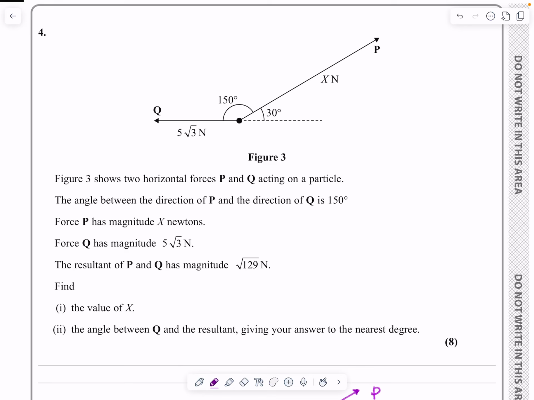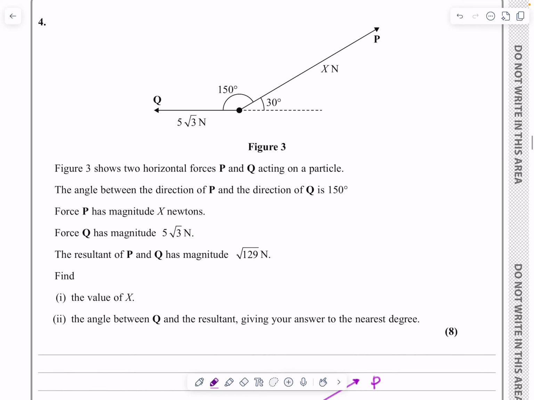Okay, this is the M1 paper from January 2024. This is question number 4, and this is a forces diagram question. I'm going to do this by using a vector method, triangle of forces. There are other methods that you can do, but I want to just practice showing one of these for my